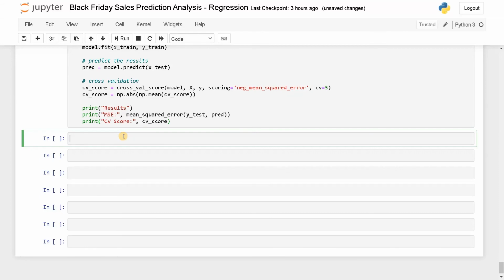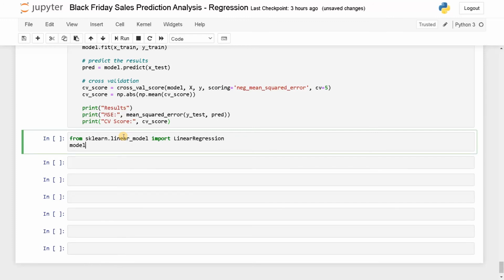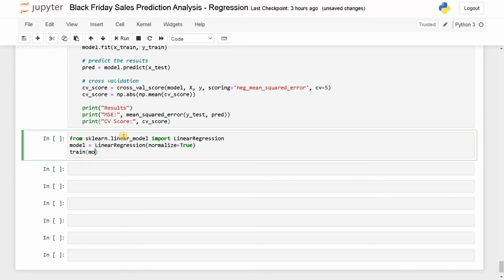Okay, let's start displaying the basic models. The first is linear regression. From sklearn.linear_model import LinearRegression. Now model equals LinearRegression. In the argument, you need to use normalize because linear regression works well on a normalized data set. We didn't normalize much in the data set values. That's why I'm just using it here. Normalize equals True, so it will normalize the data set. And after that, we need to train the model, comma x, comma y.